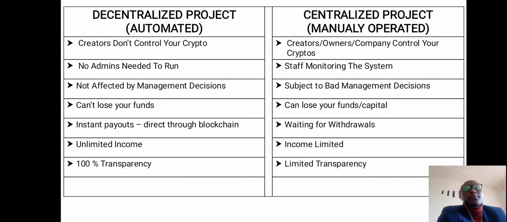A decentralized project is the same as the smart contract one. It's automated, it runs on its own. But a centralized project is a manually operated project, like a company. A company is a centralized project. It has owners, it has some staff monitoring it. It's subject to bad management decisions, and due to bad management decisions, you can lose your